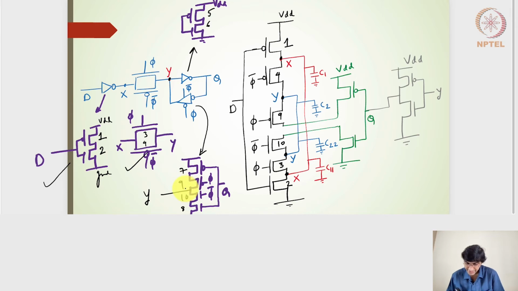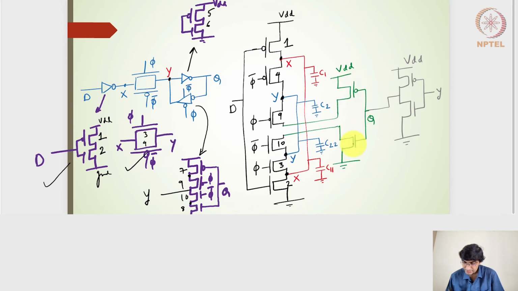Right. So for the 9 and 10 transistors, on one side it is the Y output. So this is the Y output, the 9 and 10 transistors. And on the other diffusion, it gets connected to the 7 and 8 transistors. So the 9 transistors, on one side diffusion it is Y, and on the other side it goes to